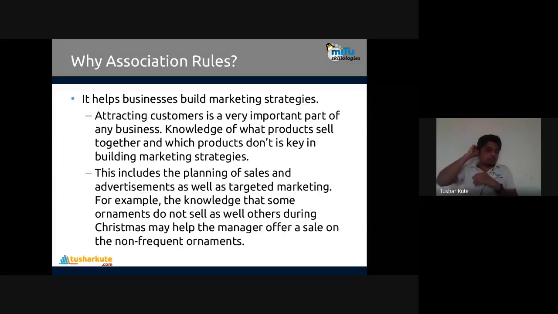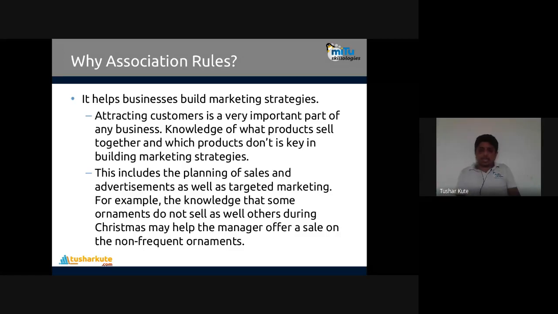For example, take a website called bookvishwa.com. They are selling books of Chhatrapati Shivaji Maharaj, and along with those, they are selling the books of Chhatrapati Sambhaji Maharaj also. They are connected together, so they give recommendations: you're purchasing this book, so purchase that book also. Most of the time, more than 90% of the time, people take these books together, and they are giving offers also. For example, if you purchase these two books, you get this book at a discount. So sales improve and profit is not decreased.